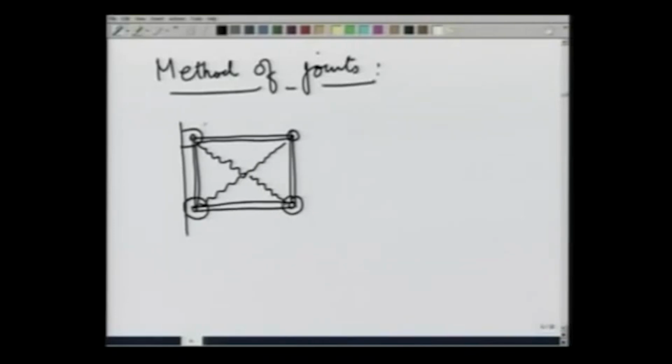Let me call this system A, B, C and D. This length is 4D, this length is 3D, and we load the system once at point B by a load L,